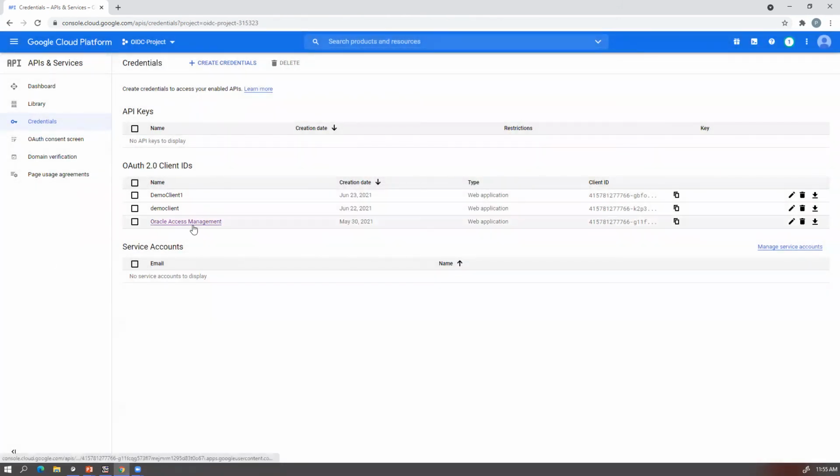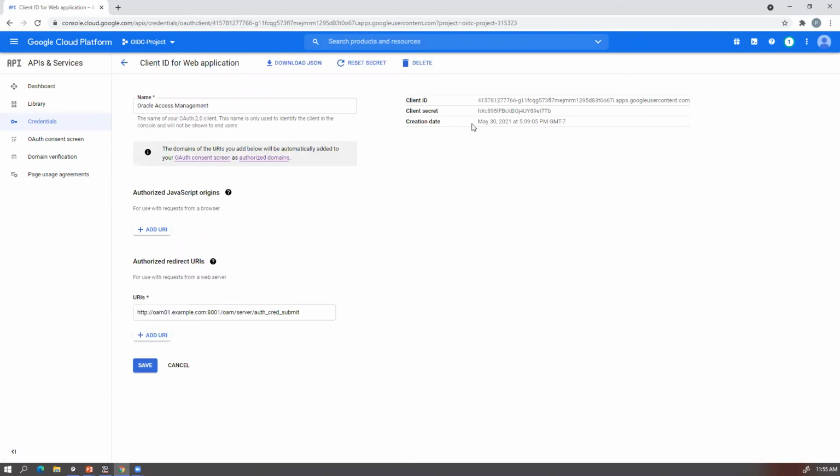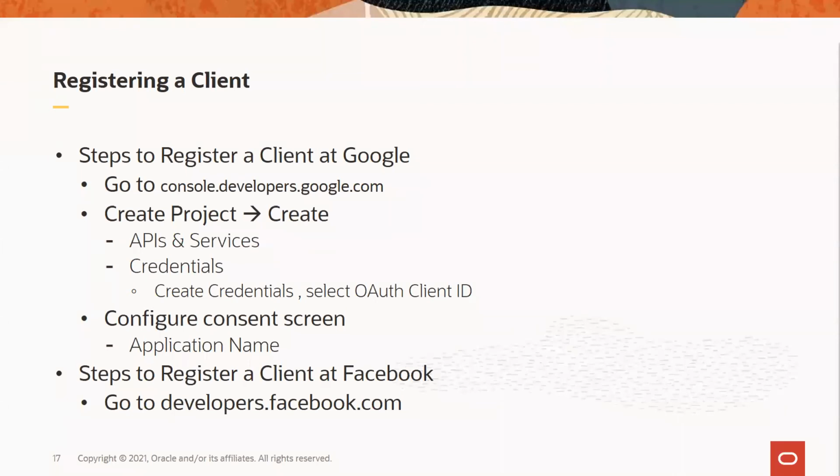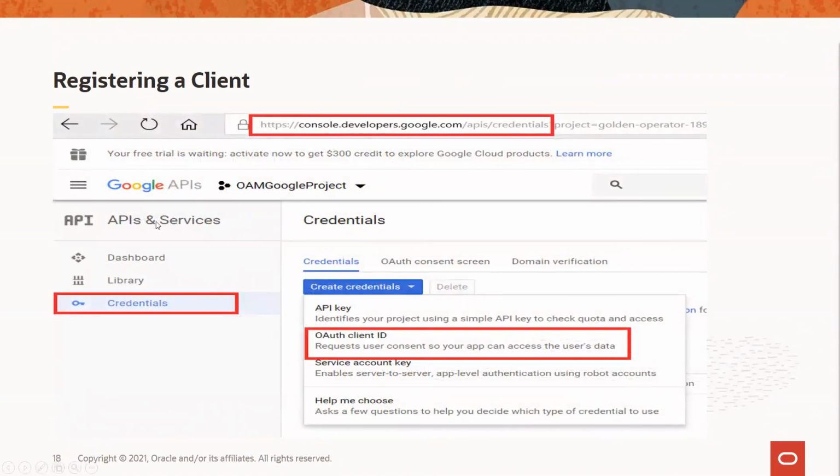So these are some of the things which I created earlier. This is one I created earlier with this create, and that's what has been configured in the OAM console. These are the steps which we have just shown you. This is a screenshot of how I have navigated.